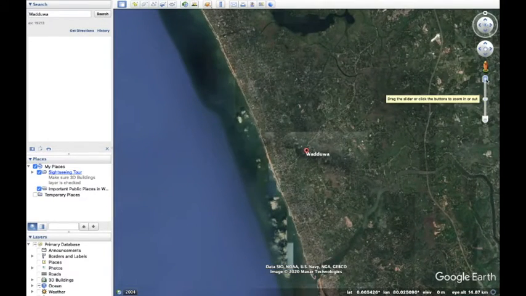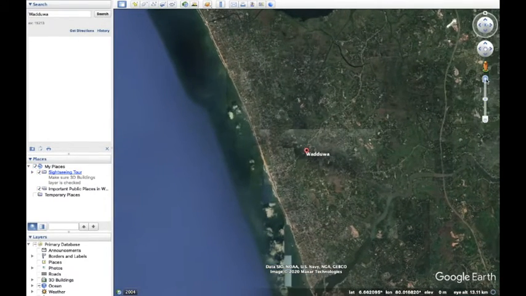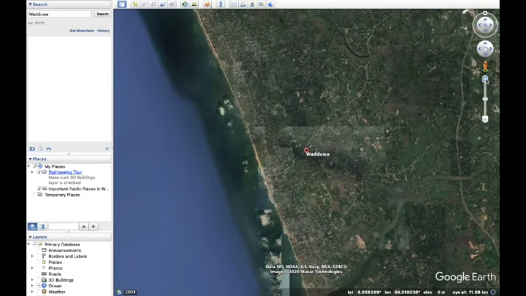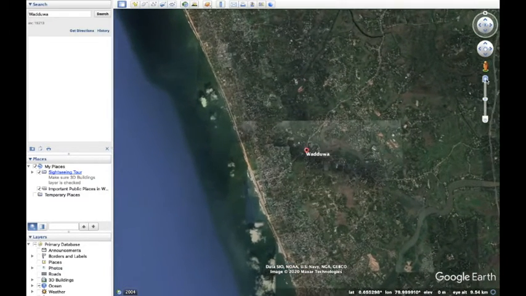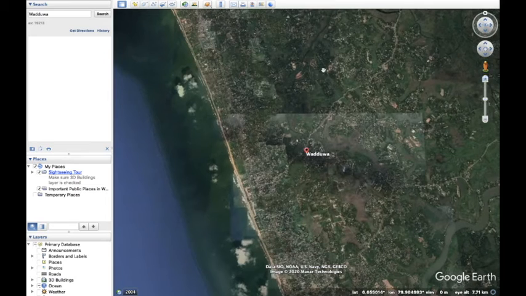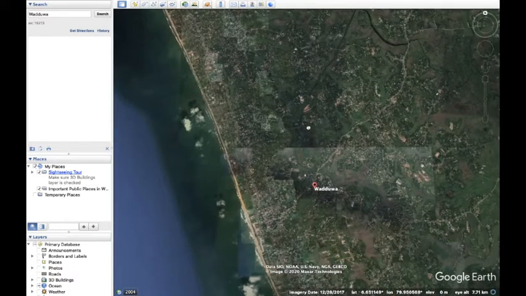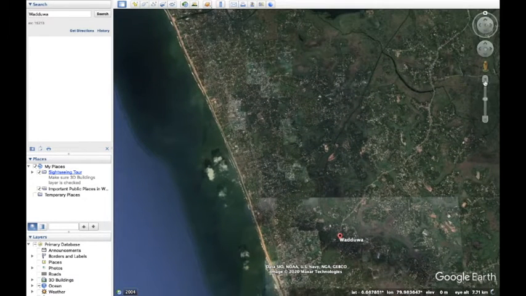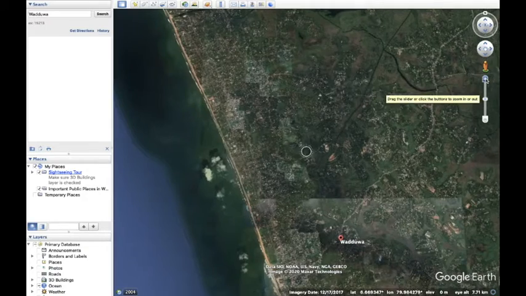You can further zoom out and navigate exactly to the Wadduwa town. You can do this practical example with the familiar places in your town area.